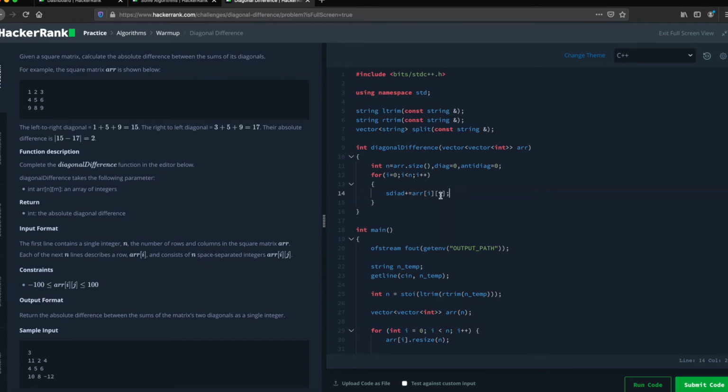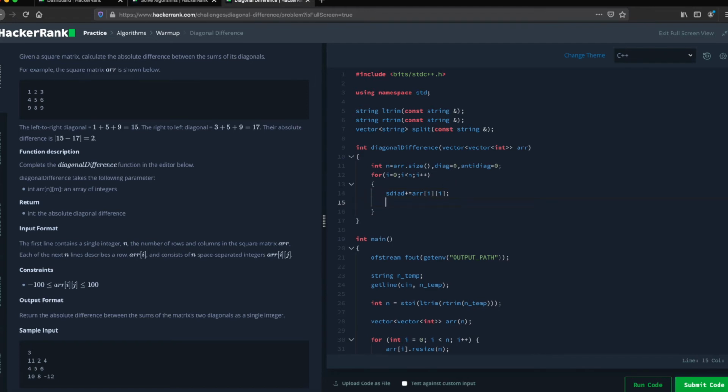So when i is 0, it will be ARR of 0 0. When i is 1, it will be ARR of 1 1, then 2 2. So basically it will calculate the sum of 1 5 9, that is 0 0, 1 1 and 2 2. For anti-diagonal, what we'll do is